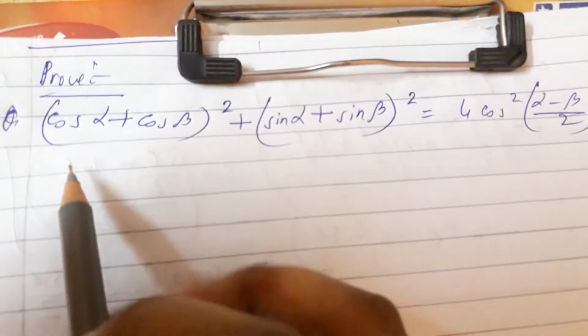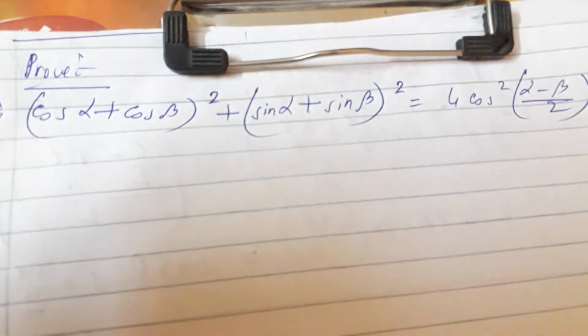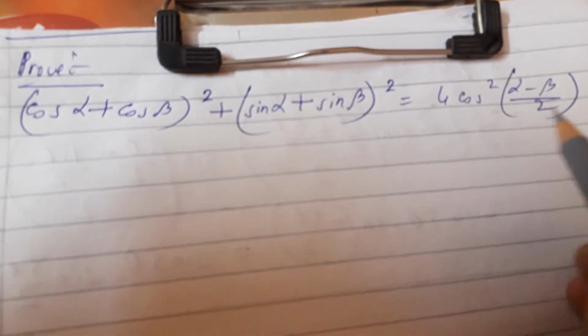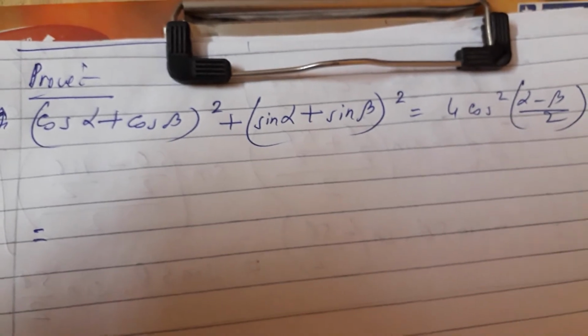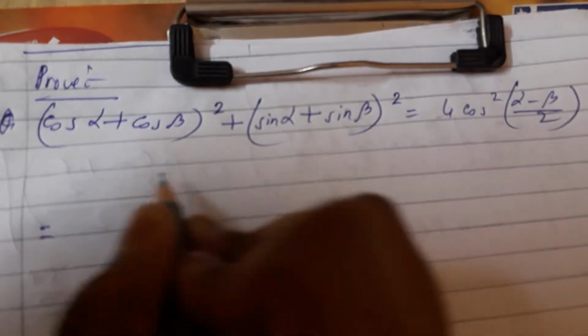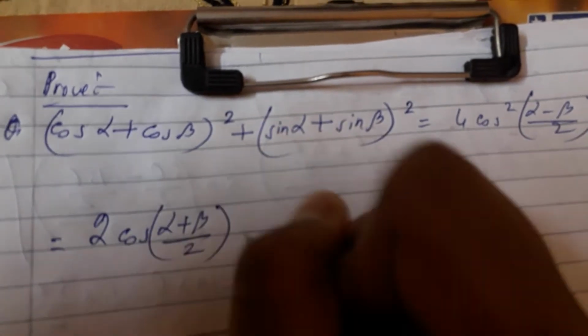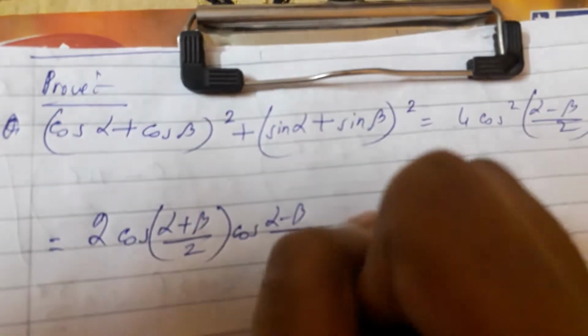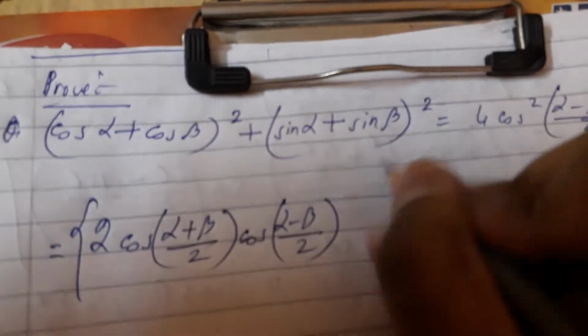Now see, the next sum is given. You have to prove (cos alpha plus cos beta) whole square plus (sin alpha plus sin beta) whole square equals 4 cos square (alpha minus beta) by 2. So here also you have to only apply the formula. See, cos a plus cos b means cos means into same. I am repeatedly telling you the trick. Cos a plus cos b is 2 cos (a plus b) by 2 cos (a minus b) by 2. Here a is alpha and b is beta. I think you have understood.